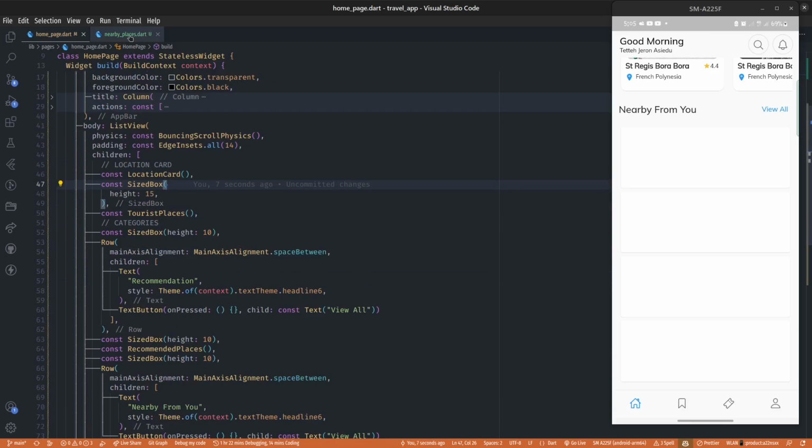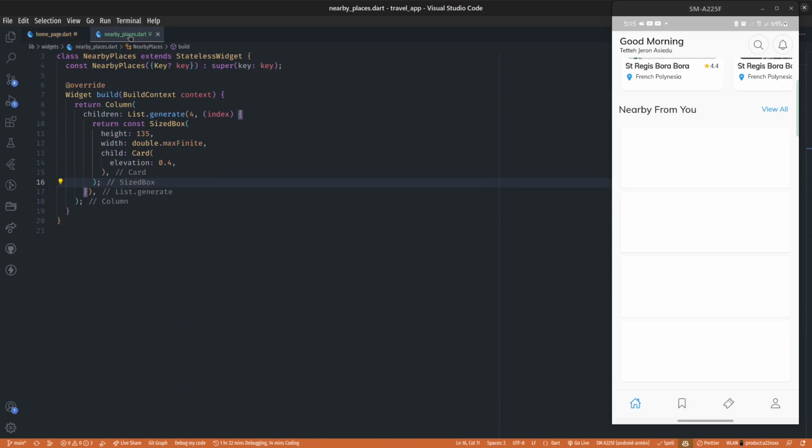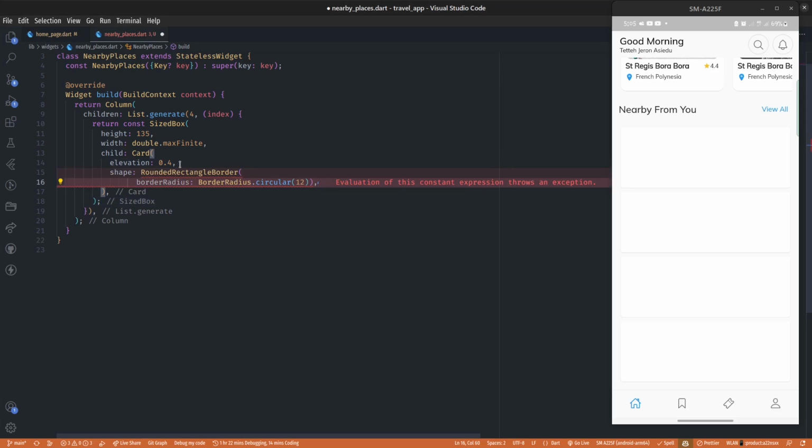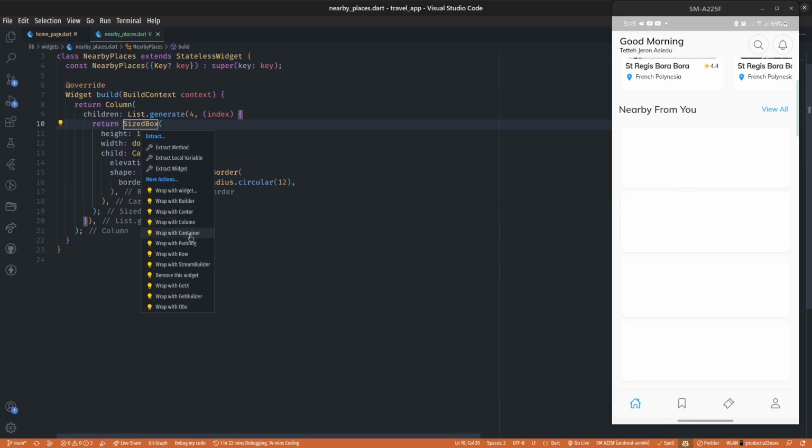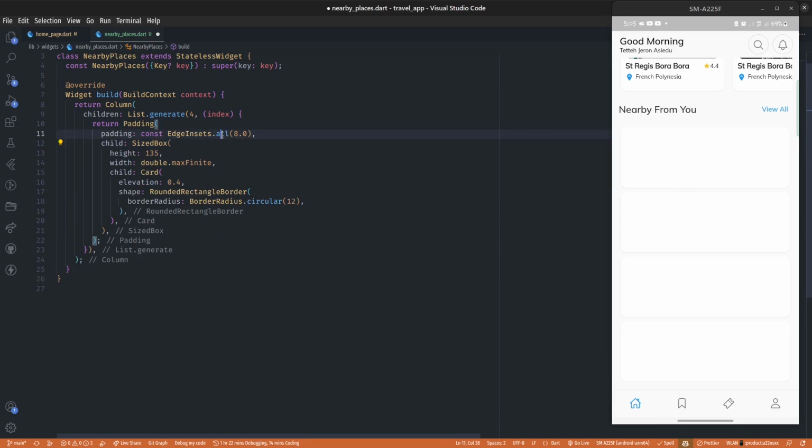Now let's work on our nearby places. So within our card, as usual, I want to change the shape to rounded rectangle border with some border radius, right? So if I remove the const from here, and we also want to have some spacing between our cards, so I'm going to wrap the sized box in a padding widget, and I'm going to give it a padding of only bottom and a value of 10. So that will give some space